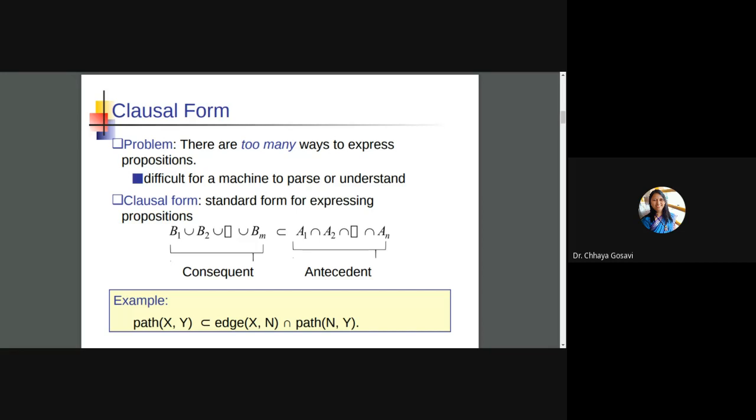There should be an edge from X to N and there should be a path from N to Y. Then and only then can you say that there is a path from X to Y. So that is the AND condition.